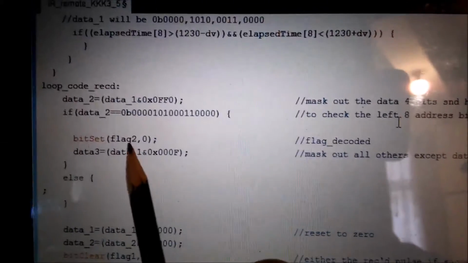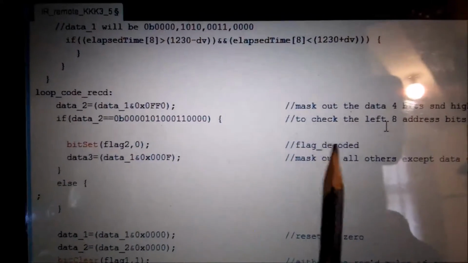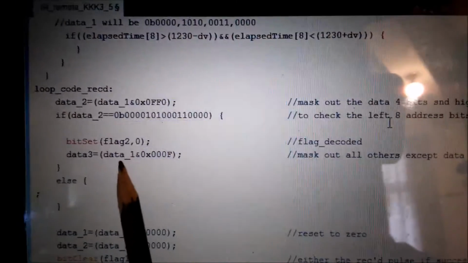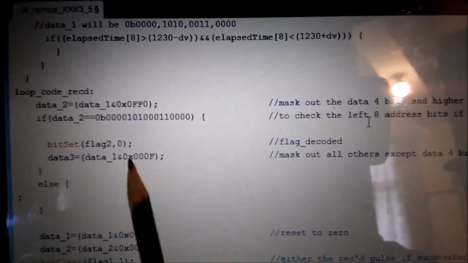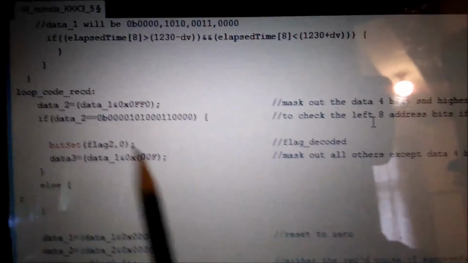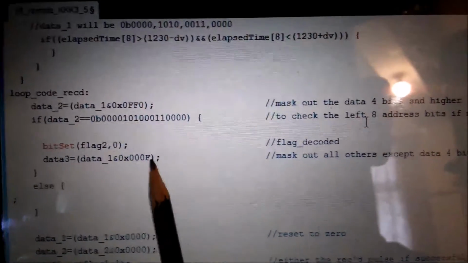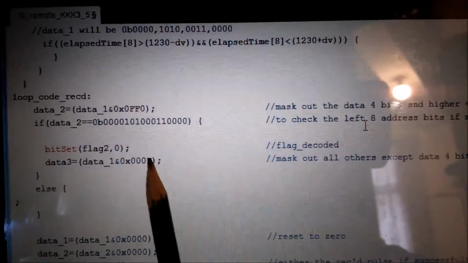If it's correct, then I set this flag decode to 1, and then I mask all the rest from the original,